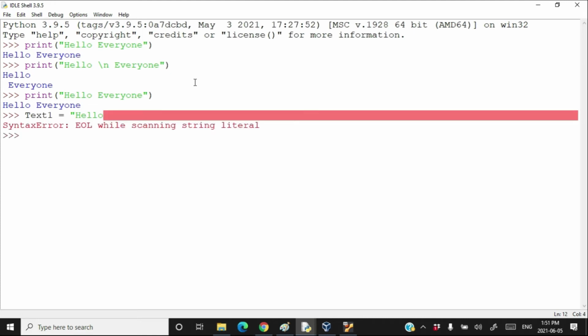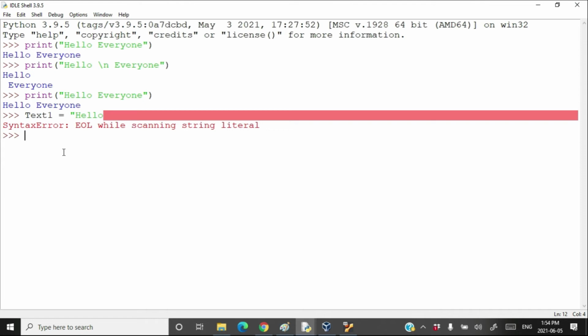Let's press enter. I cannot do it. Okay, so this is not a multi-line string. Even this one is not a multi-line string. If you cannot press enter while typing a string, that is not a multi-line string. Using a /n character does not make this string a multi-line string. This is still a single line string. Multi-line string means you should be able to press enter without typing the closing double quote or single quote. Then that string will be called a multi-line string.